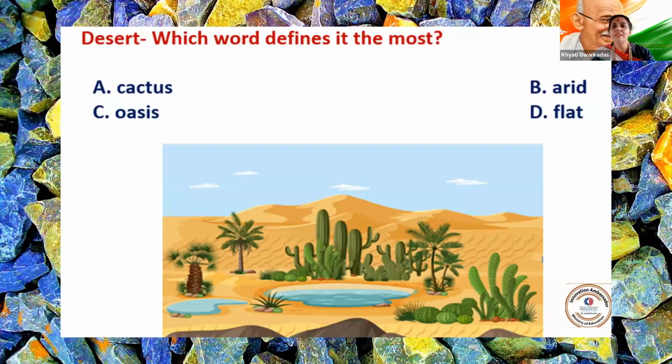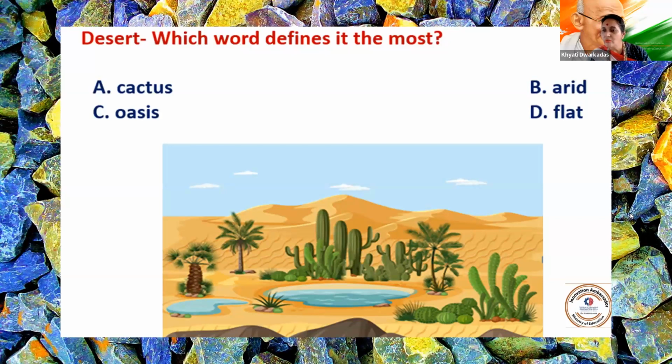Now look at this. I've given you an example here of an image. Which word defines the image the most? Let me see the chat and what we have in the chat. So Preeta ma'am says it's arid. Which word defines this picture the most? Okay, somebody has come to the correct word. And the correct word is oasis. A lot of people are answering and the correct answer is oasis.